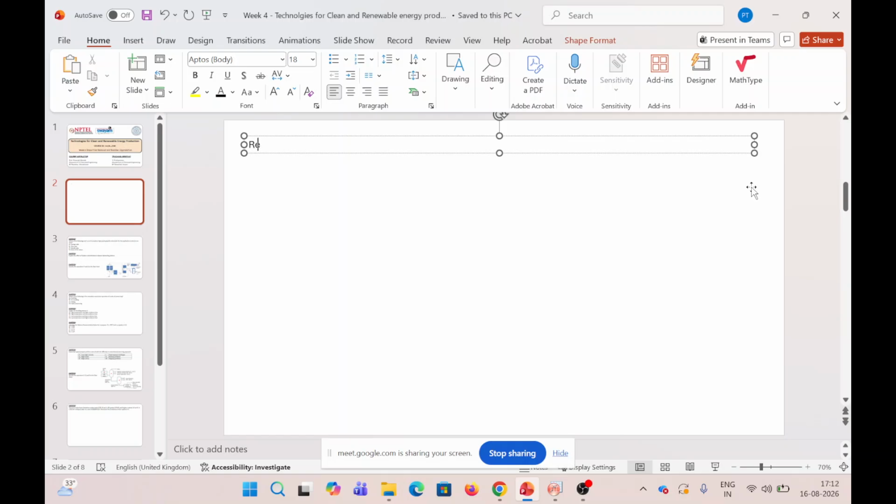So removal of sulfur compounds, that process is called sweetening. And the sweetening is of four different